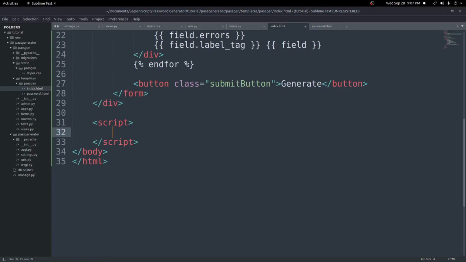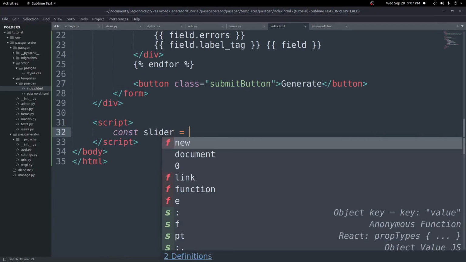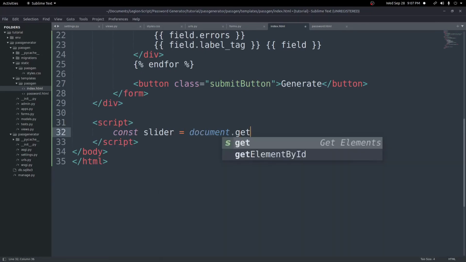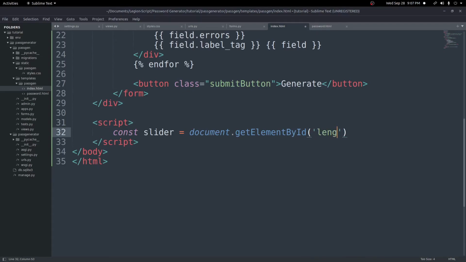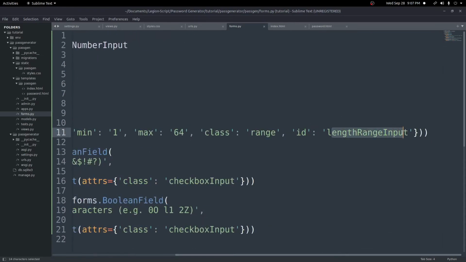And so what we'll do first is we want to go ahead and get a few elements from the DOM. So I'll go ahead and get the slider first. I'll do const slider equals document.getElementById, length-range-input. And if you remember from our forms.py, we set this ID, length-range-input,